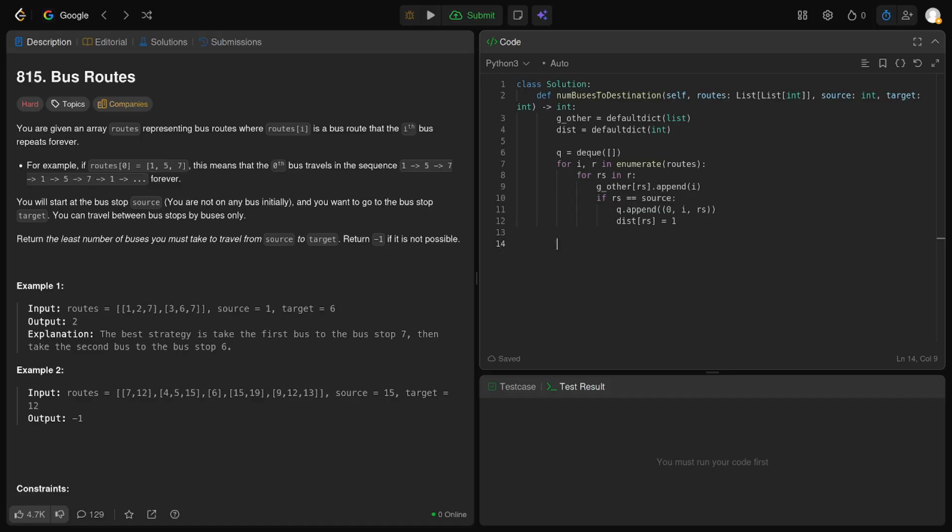Okay, and now if not q, return -1 in each case, and now while q we do this. So that's current distance, current bus, and current bus stop is q pop left. And now first I gotta go through, so I know which bus I'm on, and then